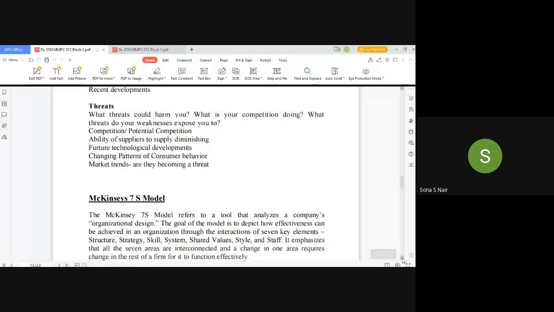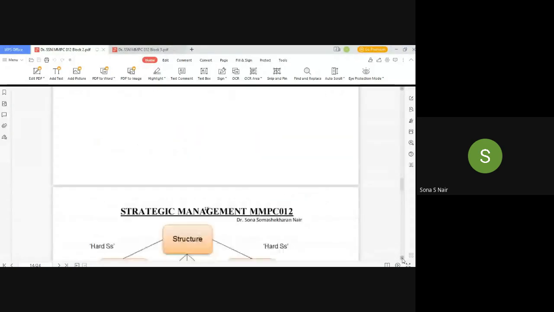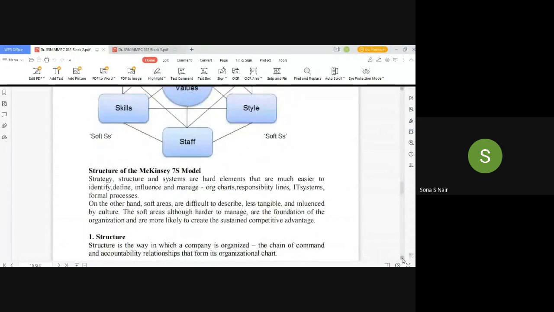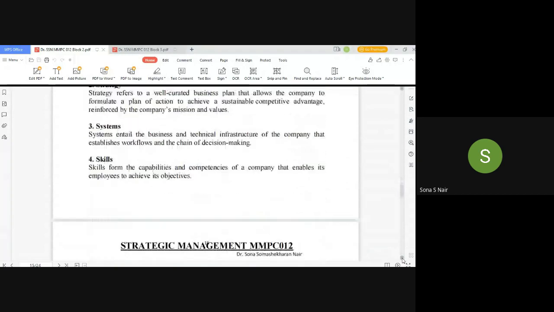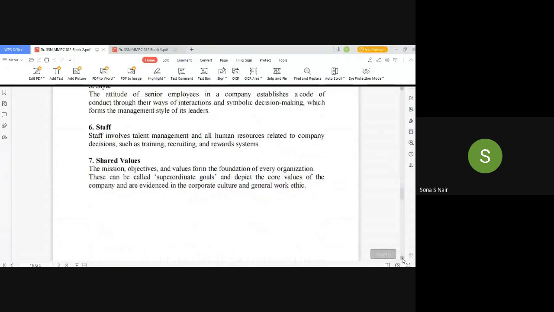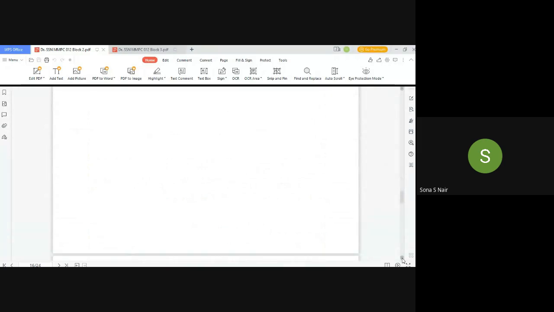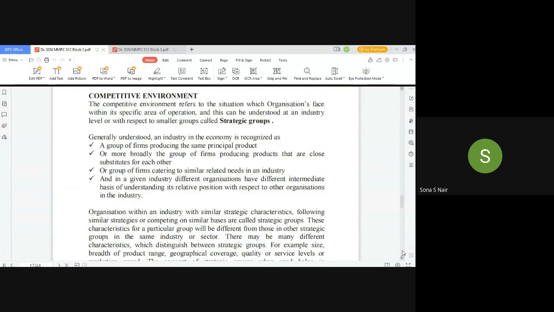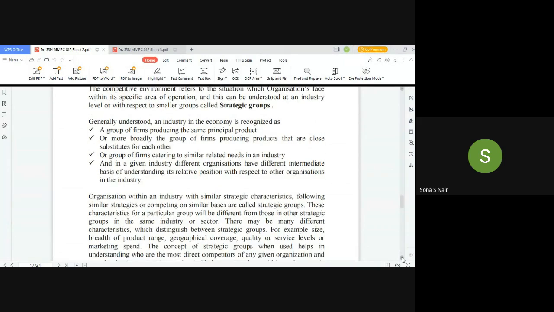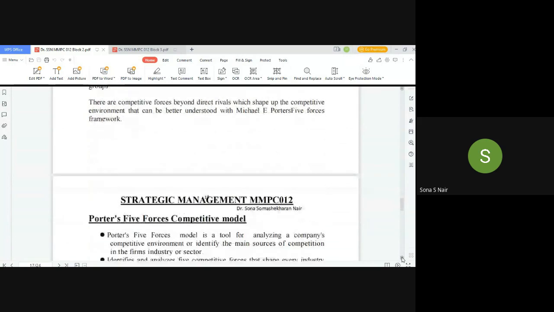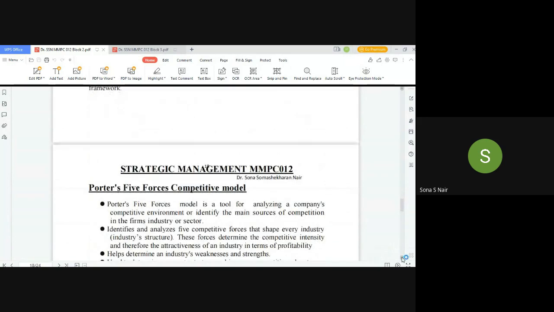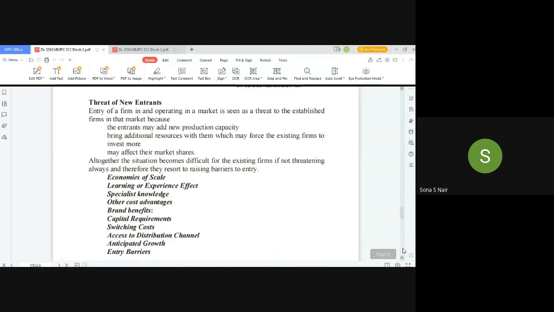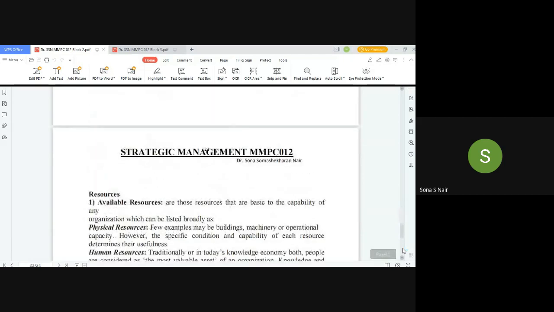Right, we discussed all this, the 7S model also, and then we were to go ahead and discuss the internal environment. So that is what we are going to start off today. We also discussed the competitive forces, which was a very interesting area, and we discussed Porter's 5 forces competitive model, because competitors and the competition are also a part of the environment. So that is also an important component of the environment which needed analysis, right?